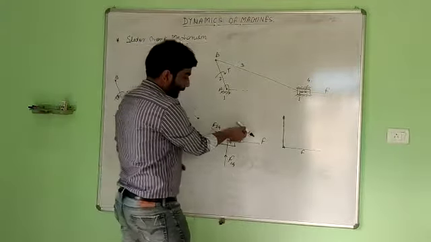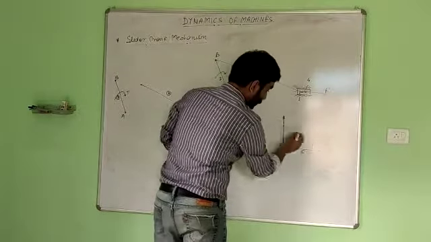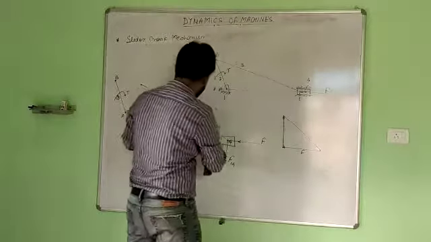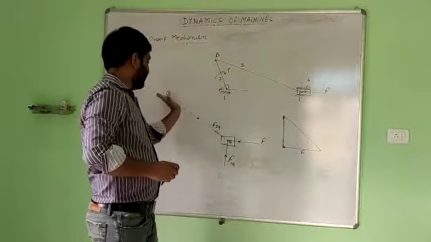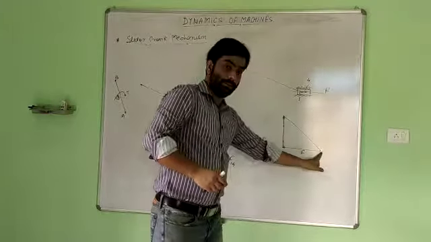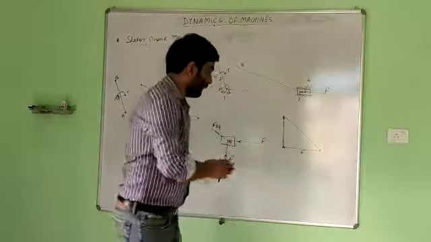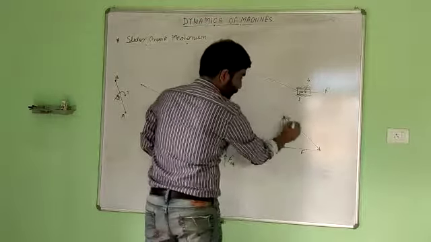So we will draw a parallel line from this peak point to connect this one. We will draw a parallel line to line 3, because this force F34 will act along this line. We know this force, the direction as well as the magnitude, so we will form a closed curve.